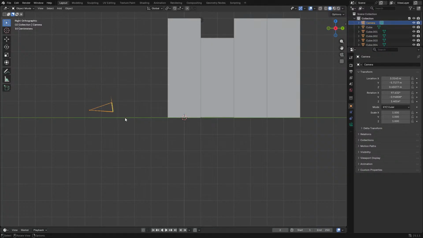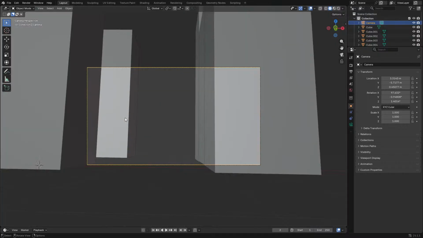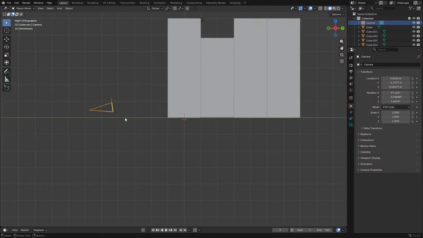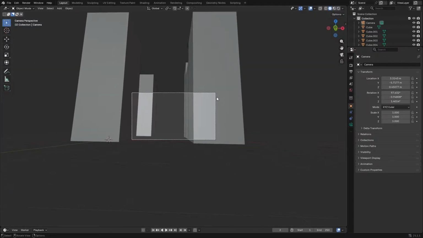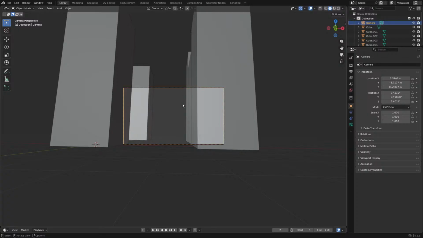What's that look? Ooh. It's kind of the view that I'm going for, but not more zoomed out. I guess I can back it up.